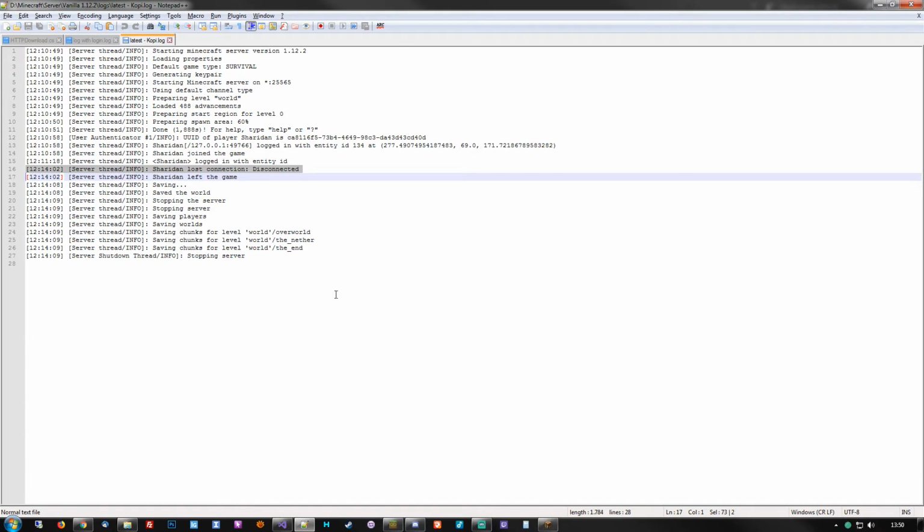The way that Minecraft servers work is that whenever the user authenticator indicates in the console that a player is connecting by reporting that player's UUID, that's effectively just before the server starts sending chunks to the client. When this line occurs,